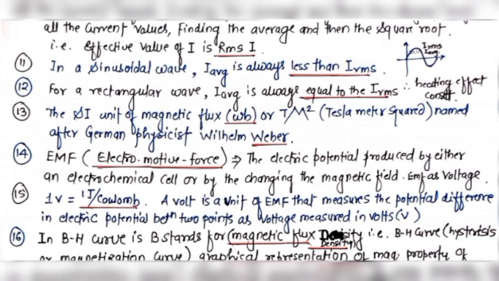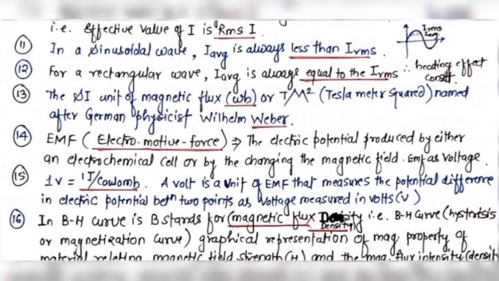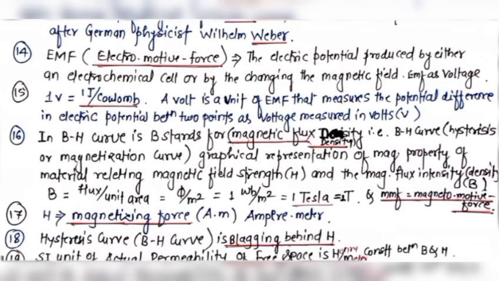EMF, electromotive force, is the electric potential produced by either an electrochemical cell or by the changing of a magnetic field. EMF as voltage: 1 volt is equal to 1 joule per 1 coulomb. A volt is a unit of EMF that measures the potential difference in electric potential between 2 points as voltage, measured in volts. In BH curves,